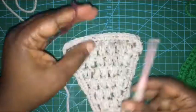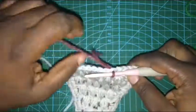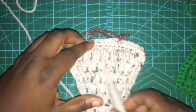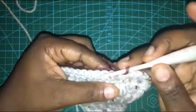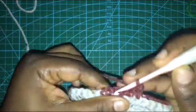So, you know what? To be honest, this is what I do. I just kind of put my crochet hook in the line there, and I see that stitch is nice enough. Very good. I do a chain 1, and then I look at my hook there, and that's about right. So that's right there. So it'll be 1, 2, 3, 4, 5, 6. So let's see if that method works. 1, 2, 3, 4, 5, and 6. Okay, looks pretty good. So chain 1, turn around, and you would just single crochet in the next 6 stitches